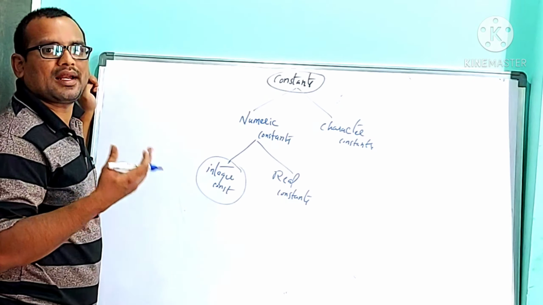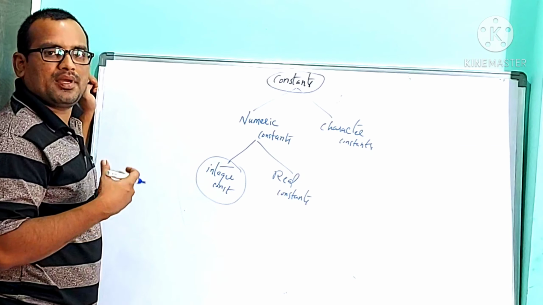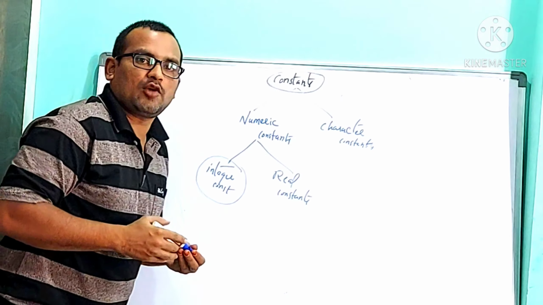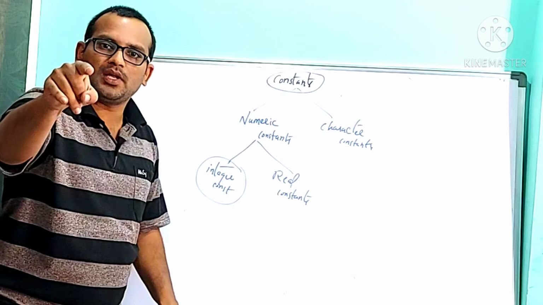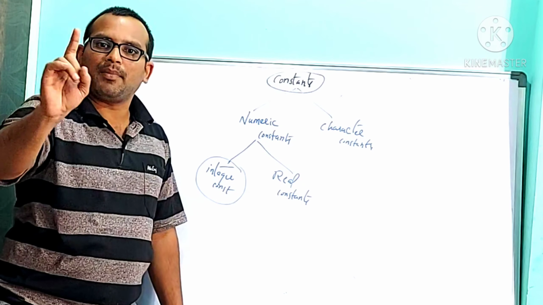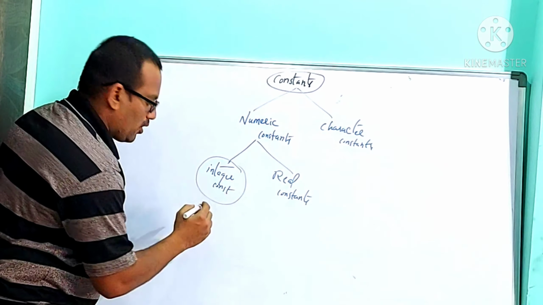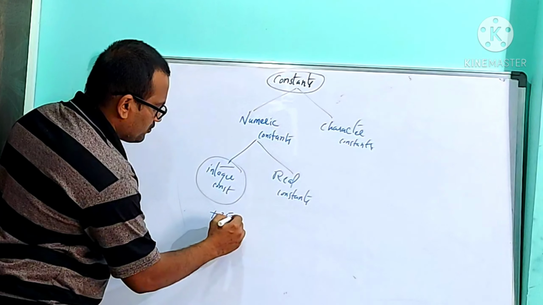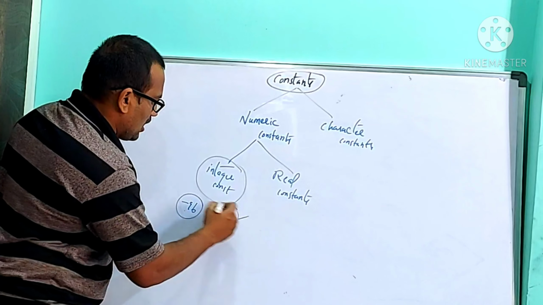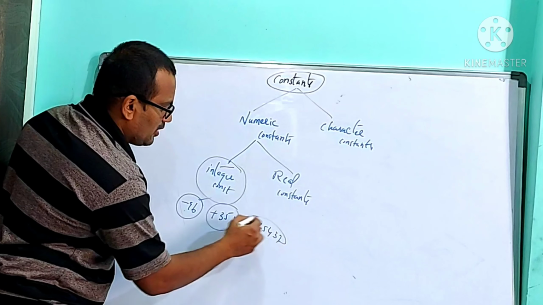It may be positive or negative. It may be an octal number, a decimal number, or a hexadecimal number. I told you about octal, decimal, hexadecimal numbers in the previous topic, numbering system. If you have any doubt, please refer to lecture number 3 or 4. The topic is numbering system. So integer constant example: plus 35 is an integer number. Minus 96 is an integer number. Correct or not?